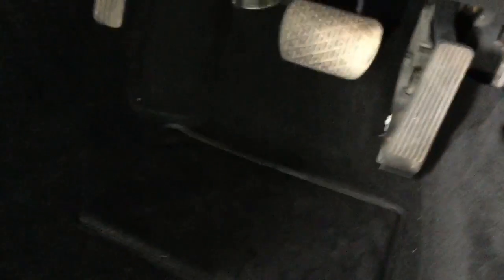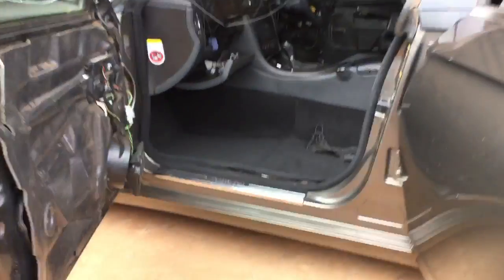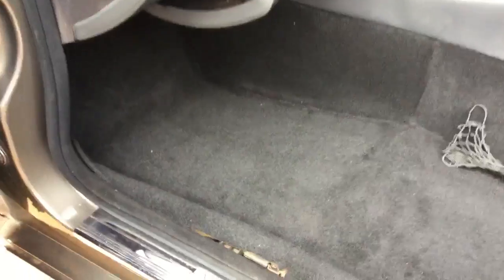And this is the process. Mercedes-Benz. Our carpets done. So if I come this side,